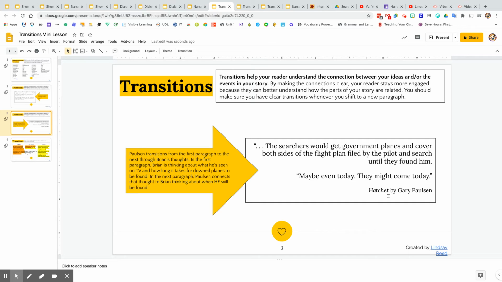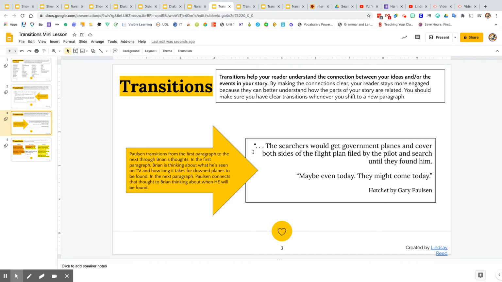Here's an example from Hatchet. And again, Gary Paulson isn't using the simple sequential words that I gave you an example of. He's going to do something different here. So this is from the first paragraph of that passage we read from Hatchet, and then this is the beginning